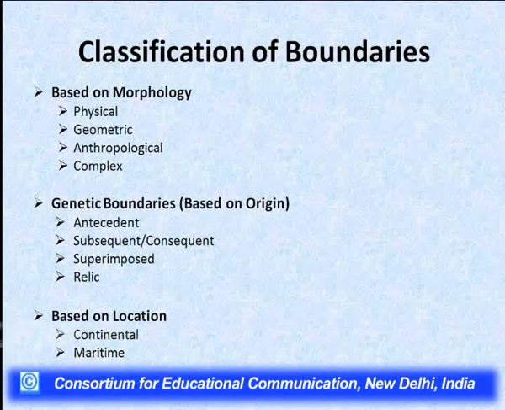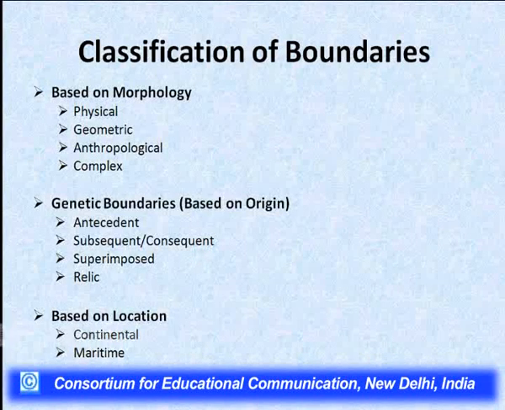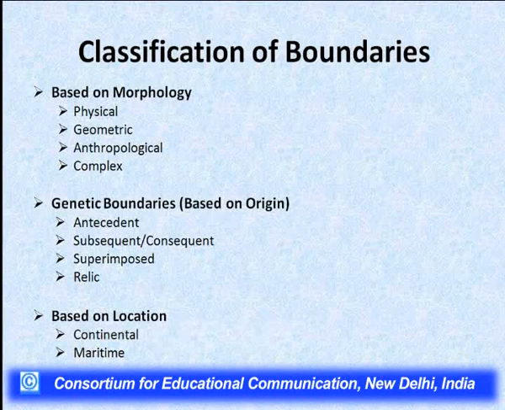But simply, the boundaries can be classified, first of all, based upon morphology. On the basis of morphology, or the characteristics or type of rock or the systems which are found in that particular region, they are classified into physical, geometric, anthropological, and complex boundaries, which we will discuss one by one in detail. The second classification is genetic boundaries, which is based upon the origin of the boundaries,